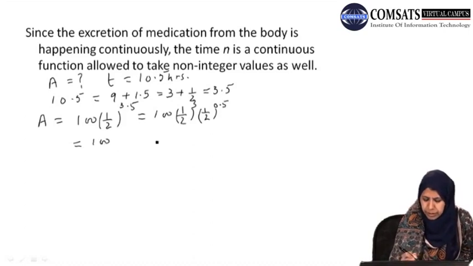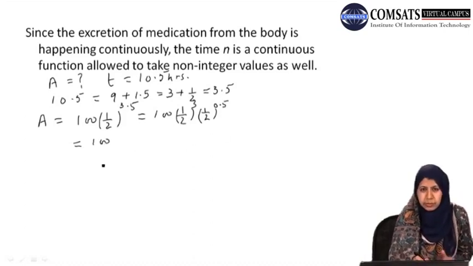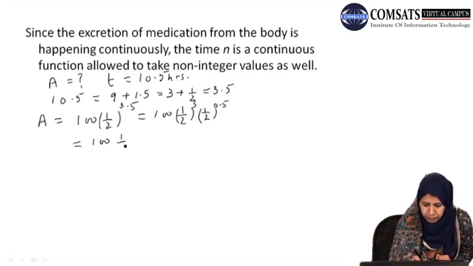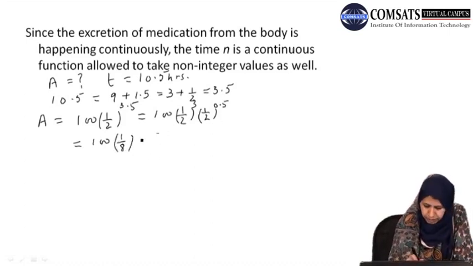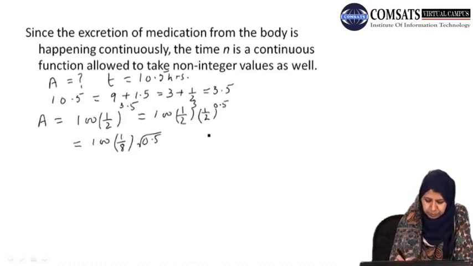Now 100 times (1 by 2) whole cube is the same as 1 over 2 cube, and we obtain 1 by 8, and here we obtain 0.5 under root,